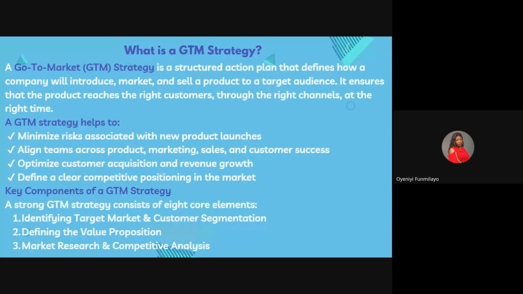For example, if Bolt wants to do market research, they're doing research about the car hailing service as a whole. They're not just targeting their users, but the entire car hailing service, because that's a particular market on its own, right? So market research and competitive analysis are one of the core elements of a go-to-market strategy.